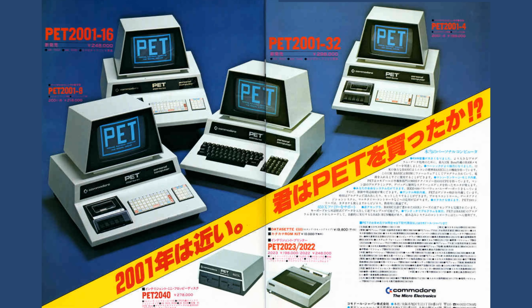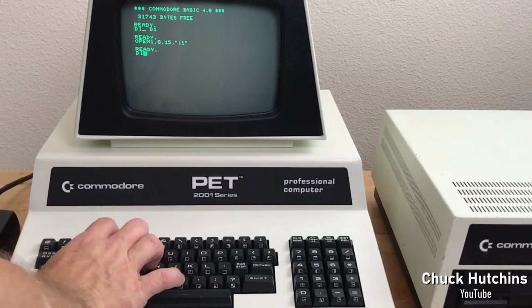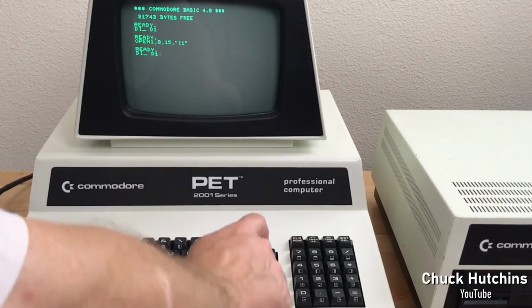The regular chiclet PET stayed on sale for the same price as the new model, so you had a choice: worse keyboard and a cassette drive, or get a better keyboard and pay another $95 for a $30 cassette recorder with a special cable. The keyboard was still a little strange to modern eyes, though, with a top row of keys reserved for